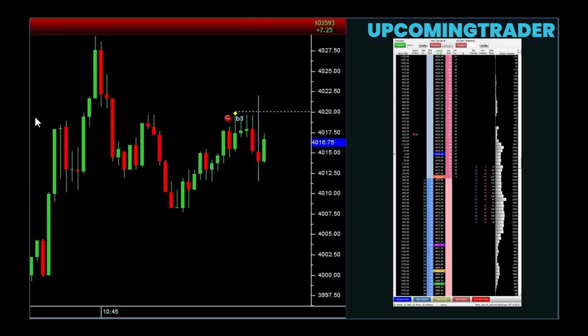The thin profile or spike profile is another pattern worth mentioning. This profile is characterized by a thin, vertical structure with very little trading volume at most price levels. It usually indicates a fast-moving market driven by emotional buying or selling. Thin profiles suggest that the market moved too quickly to establish value, and it may come back to test these levels later. Traders should be cautious with thin profiles, as they are often followed by pullbacks or retracements to more